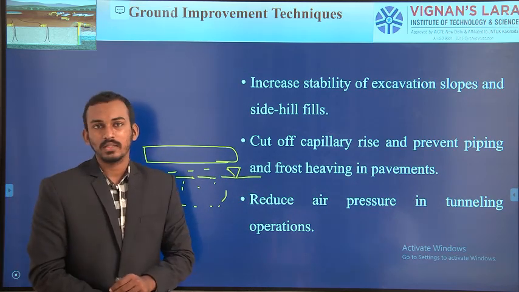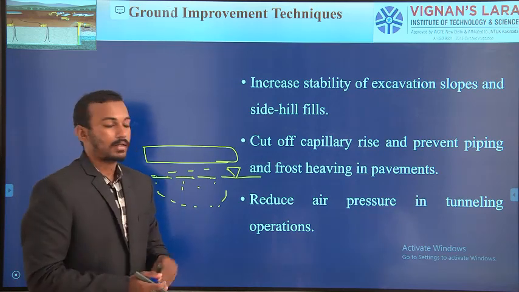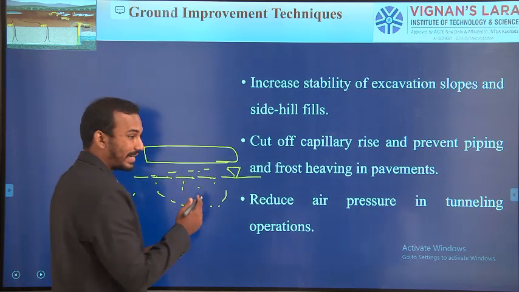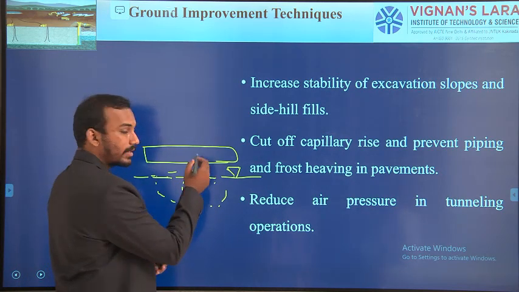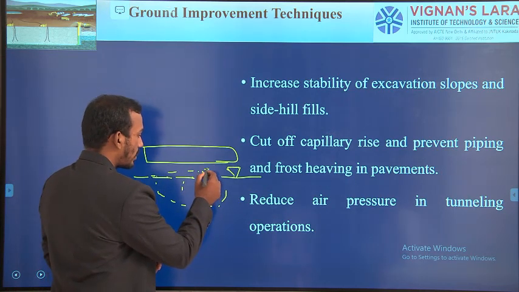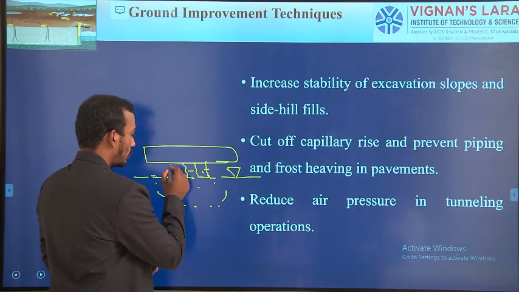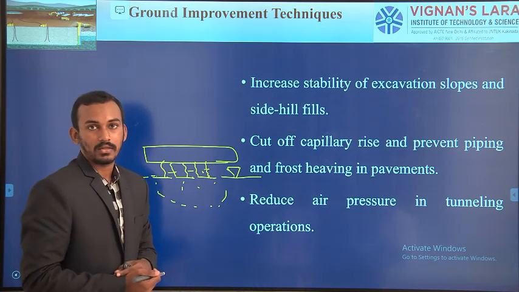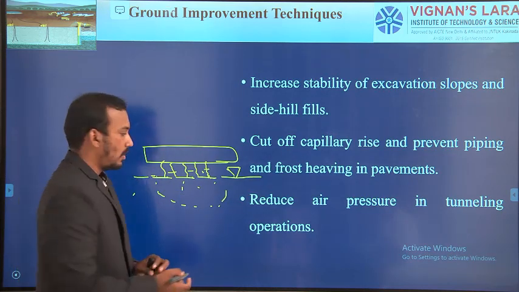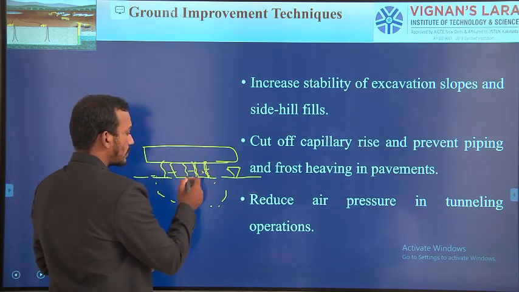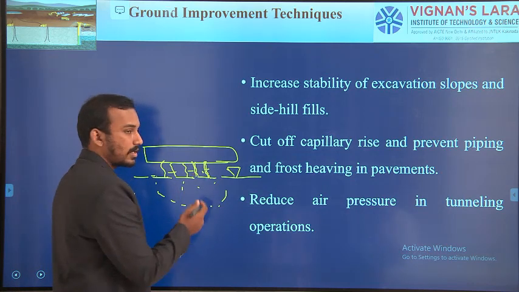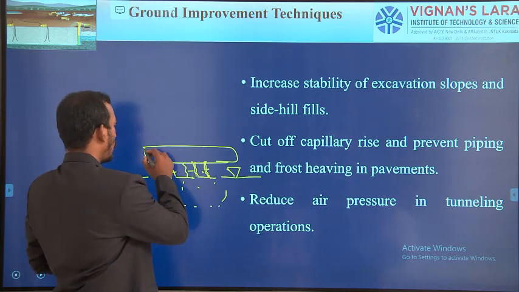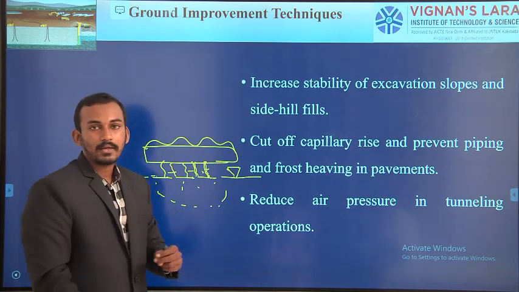We are not using any dewatering methods. We have just completed the construction work for the road. So what will happen? Because of the attractive force between water particles and soil particles, the water may rise in an upward direction. Why? The soil above the water surface is attracting the water. That is due to adhesion forces. So the upward water is known as pore water pressure. So that pore water pressure applies load on the pavement structure, which may result in undulations in the constructed road.